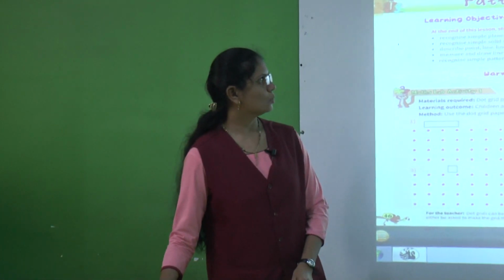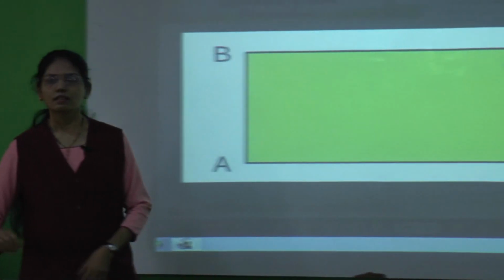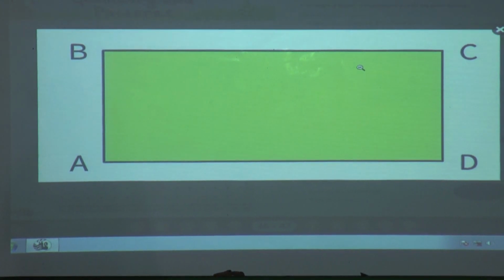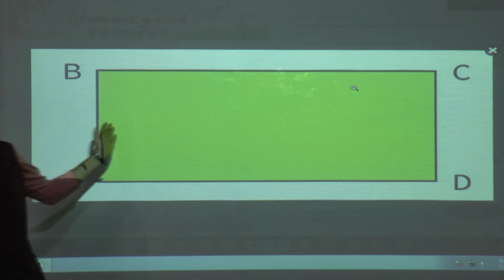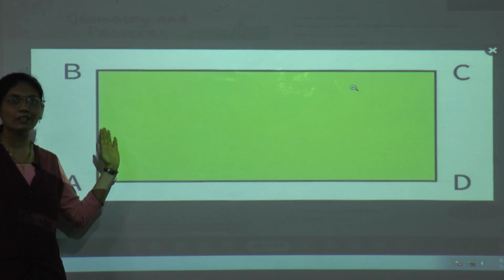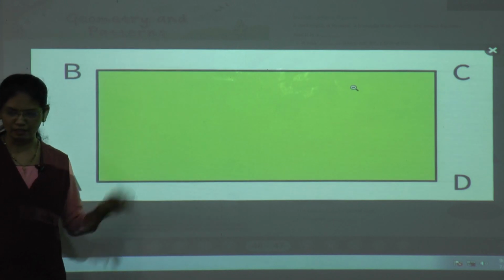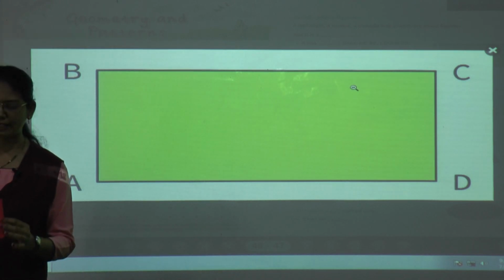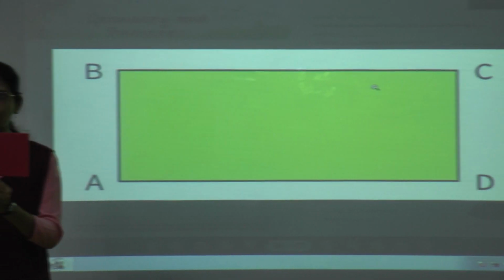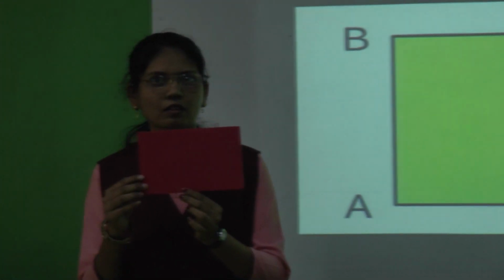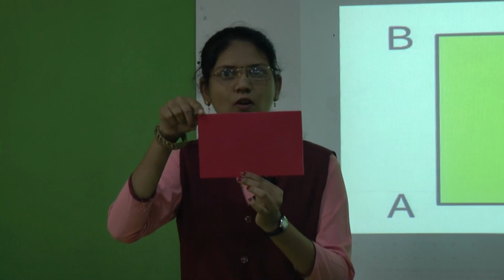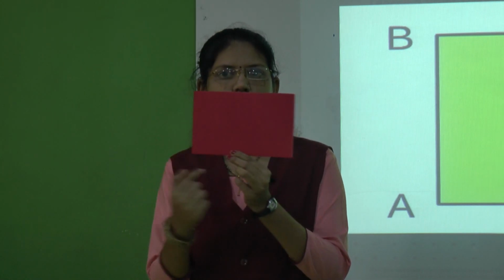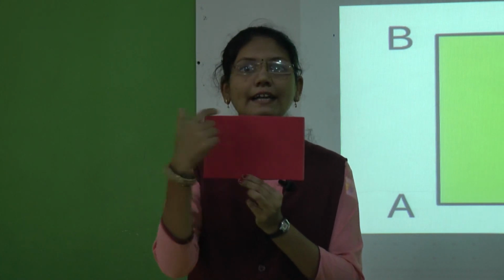Okay, first look at the board here. Just now I told you some plane shapes. Now here, can you see this shape? Which shape is it? It is a rectangle. Now we will see the details about the rectangle. Here I brought one rectangle shape for you. See, this is a rectangle. Now see students, this is called a side. Now we have to count how many sides a rectangle has.